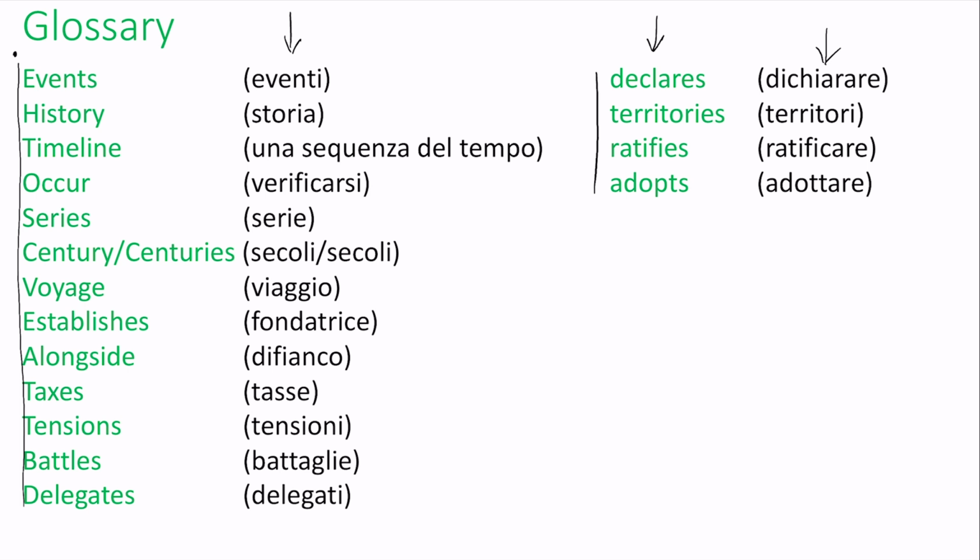Events, history, timeline, occur, series. Now this is two words. We have century, one, singular, century, or centuries, plural, two or more. So we have century or centuries. Voyage,